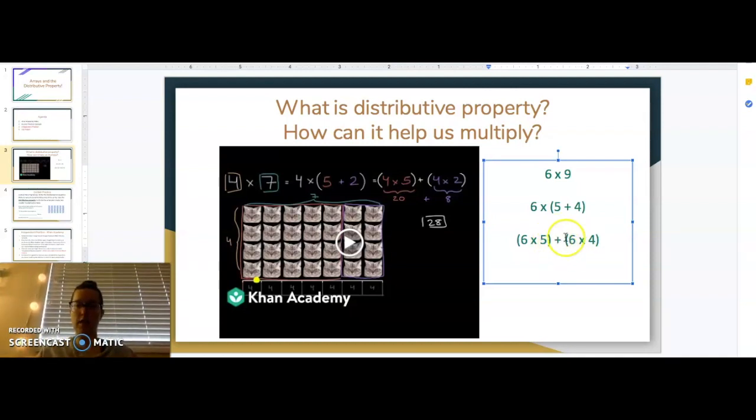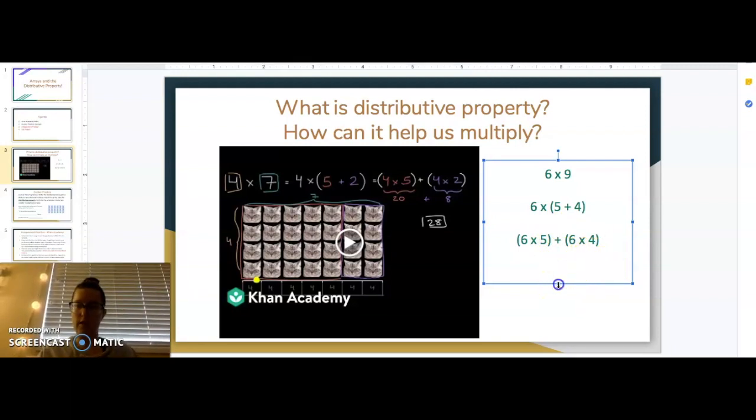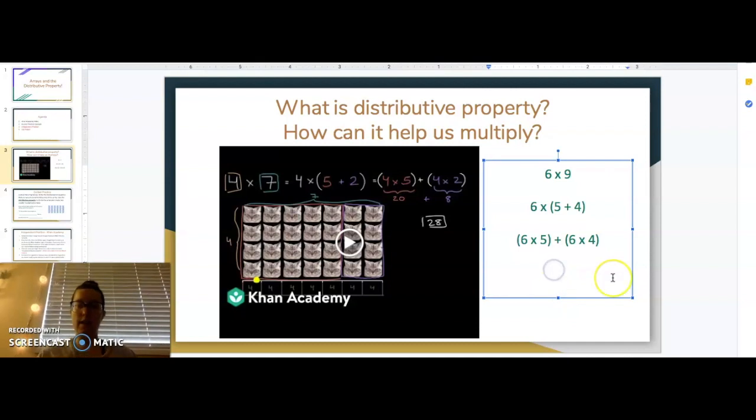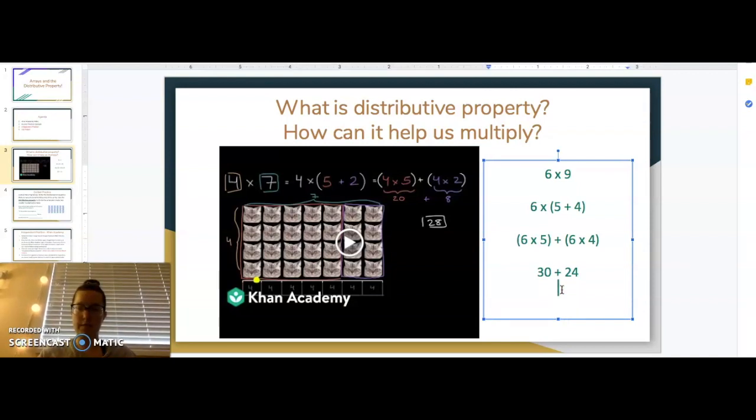So I have my addition in the middle, and then I can solve. So 6 times 5, I know, is 5, 10, 15, 20, 25, 30. Oof, good thing we reviewed those rolling numbers last week. Plus 6 times 4. 6, 12, 18, 24. Okay, and then some quick addition in my brain. 30 plus 24 is